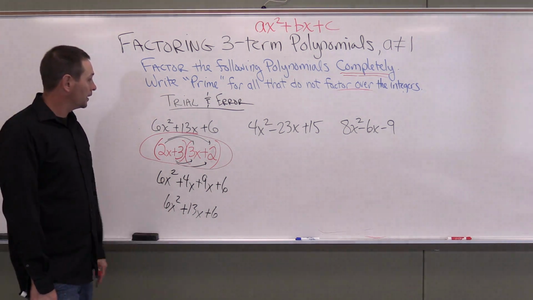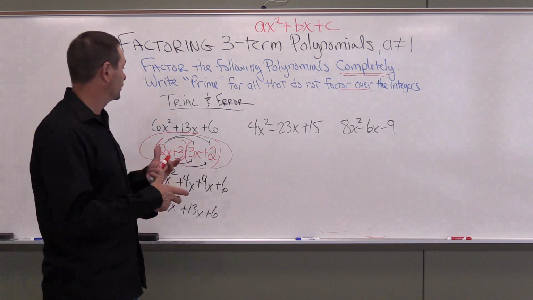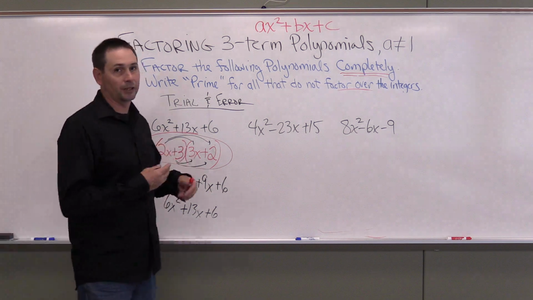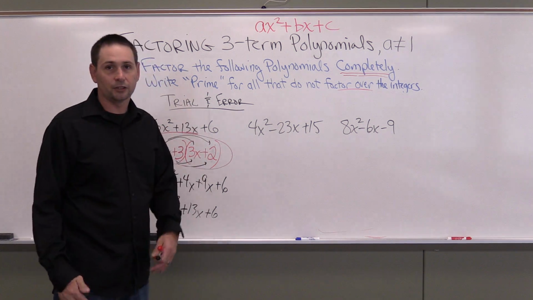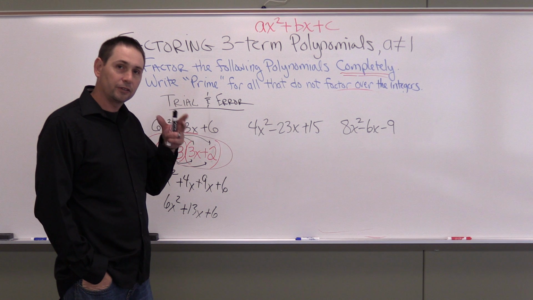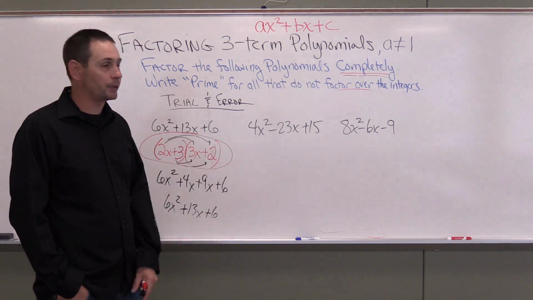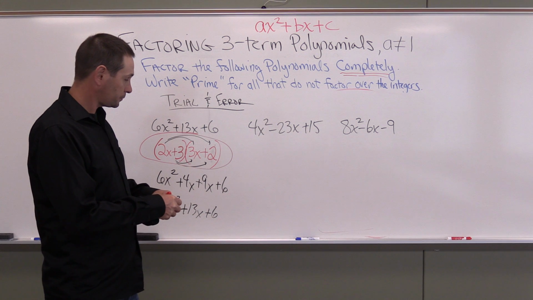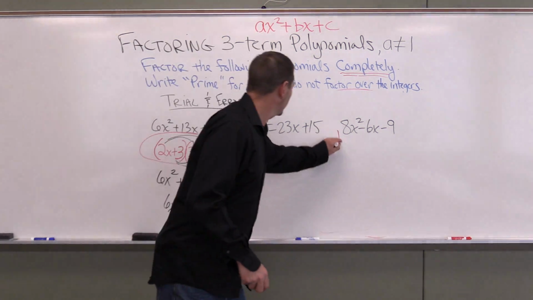But that's a trial and error method, great method. If you're really good at factoring and you're really good at signs, it can be very quick. It's the way I actually like to factor because I just jump to it. I like to get the answer right away. And you can kind of think ahead with them and see which factors are which by thinking of the multiplication process. So if we were to look at this one, 4x squared